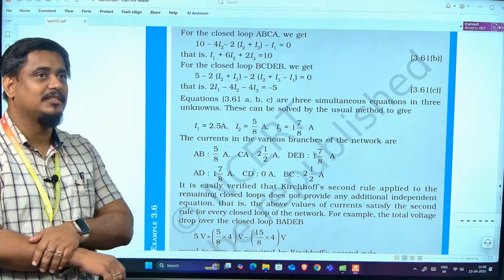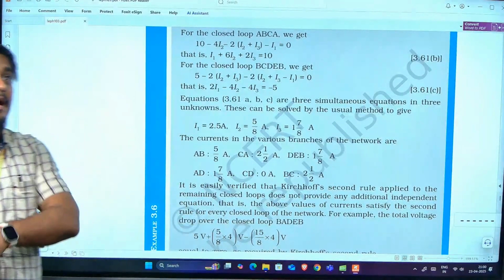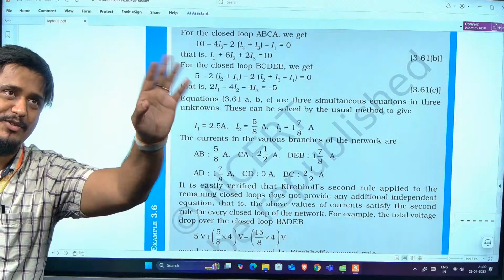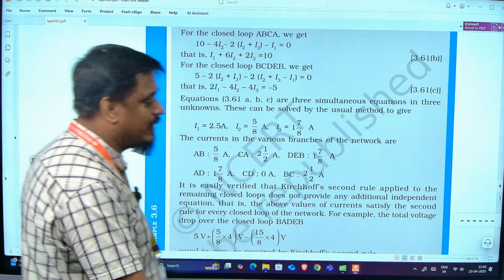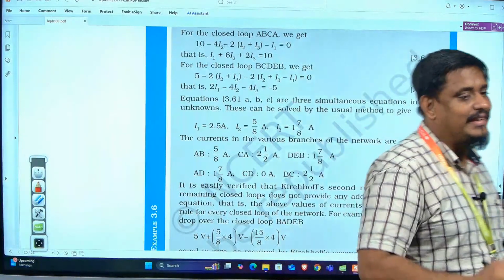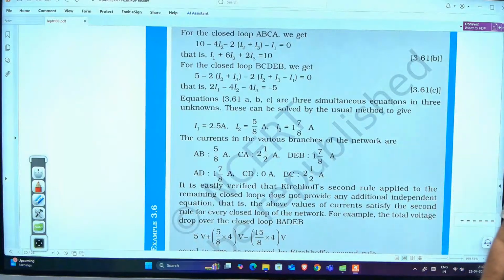Yes, sir. I got it. Very good, then correct. I don't want to verify, man. Fine, I believe you. You just told me you got it, so I believe you. So all of you, the question may look complex, the question may trouble you by making you afraid. But if you understand Kirchhoff's law well, then you can easily solve any question.